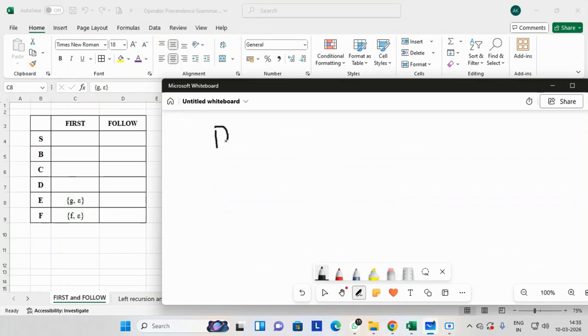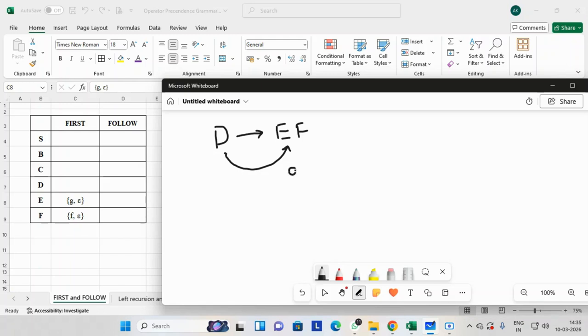So D has its production as E F. If you observe, the capital letter D has its first as a capital letter. If the capital letter is first, then I replace this capital letter with its production.